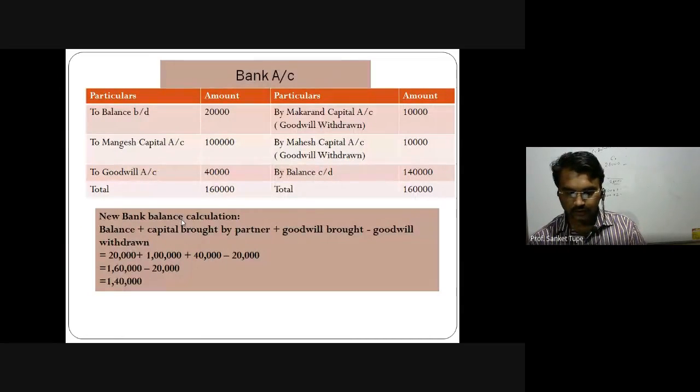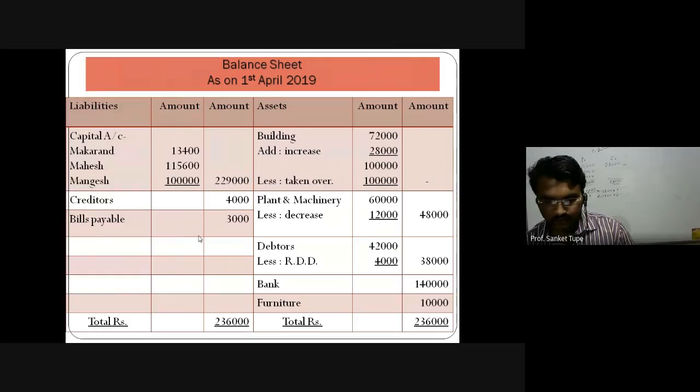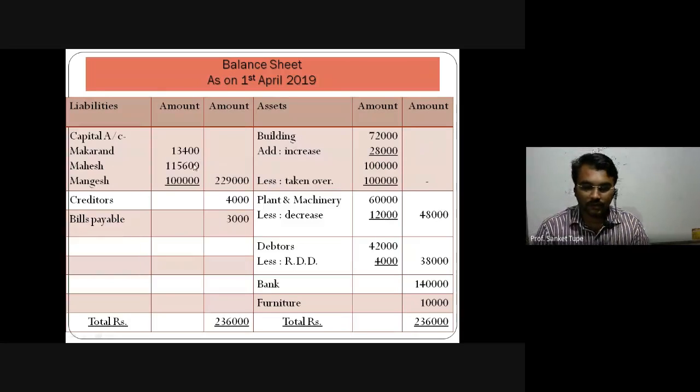You can see bank account, bank balance आप ऐसे find out करोगे, 20,000 ओरिजिनल बैलेंस था, 1 लाख रुपीज कैपिटल लाया, 40,000 का गुडविल लाया, गुडविल विड्रॉन हुआ 10,000 और 10,000, एंड फाइनल फिगर इज ऑफ बैंक अकाउंट बैलेंस इज 1,40,000। और अभी ऐसा भी कैलकुलेशन प्लस माइनस में कर सकते हो, अकाउंट ओपन करना ऐसा मैंडेटरी नहीं है, दैट इज अ वर्किंग नोट यू नीड टू डू for what, for your understanding purpose also and for getting good marks।